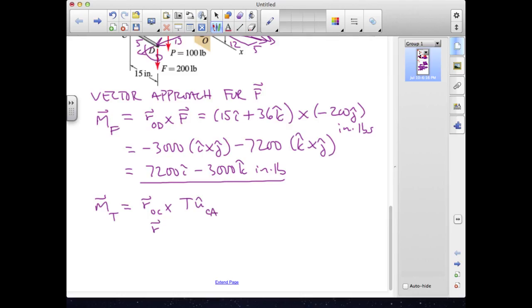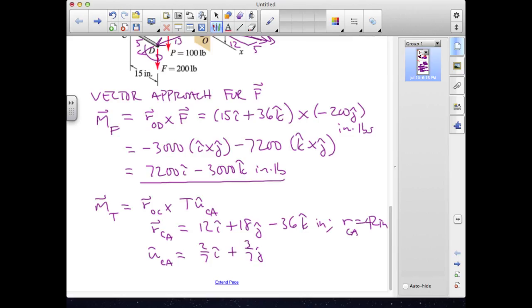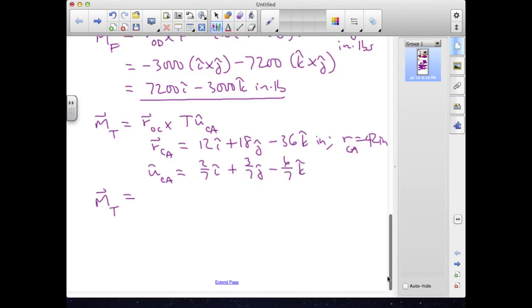The position vector from C to A is 12I plus 18J minus 36K inches. The length of RCA is 42 inches, and that gives us a unit vector along CA, which is RCA divided by its own magnitude, and that turns out to be 2/7 I plus 3/7 J minus 6/7 K. The moment due to that tension becomes 36K